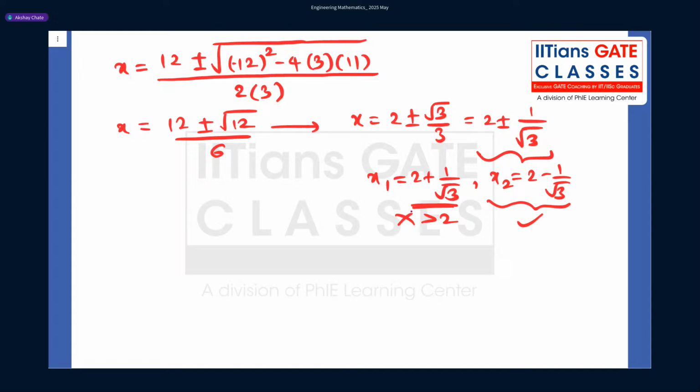So 1 by root 3 will be, roughly speaking, let me calculate. Well, root 3 is 1.732. So 1 by root 3